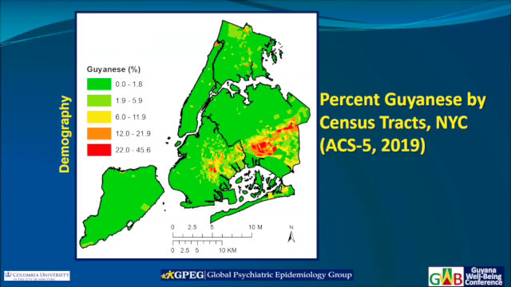Then sub-region, where here in Guyana we would have village or a voting district. There in New York City, we would have a census tract, which is designed to house X number of people. This is the percent of Guyanese among the census tracts from US Census 2019. And we can clearly see in the reddish areas that the Guyanese population are basically in the Queens area.